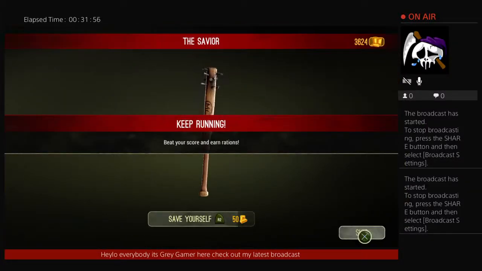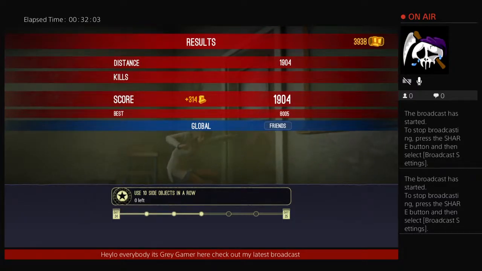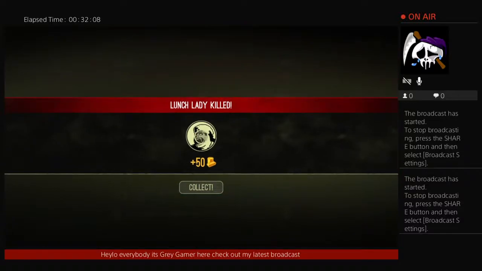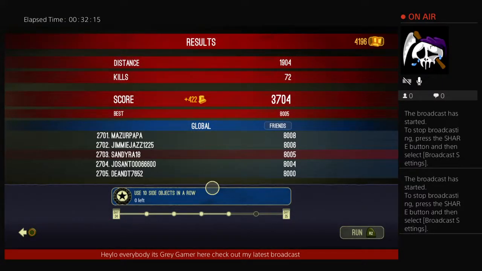Oh, come on. Let's see. I forgot that was the whole quest. Lunch Lady, collect. Lunch Lady, collect. Still at the same point, so how do you increase your points total? That one there was only 3,000. Right, let's see. My best score was 8,005, so I wonder if it's...